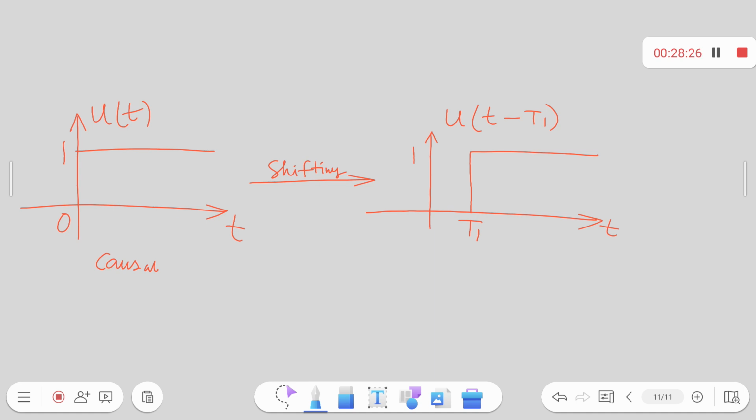Now if you reflect, what do you get? First you have to reflect the signal. Okay? And then if you reflect this, what will you get? You have to reflect the signal with respect to what? Y-axis, means t is equal to 0. So there could have been two different types of signal. So I can call this signal